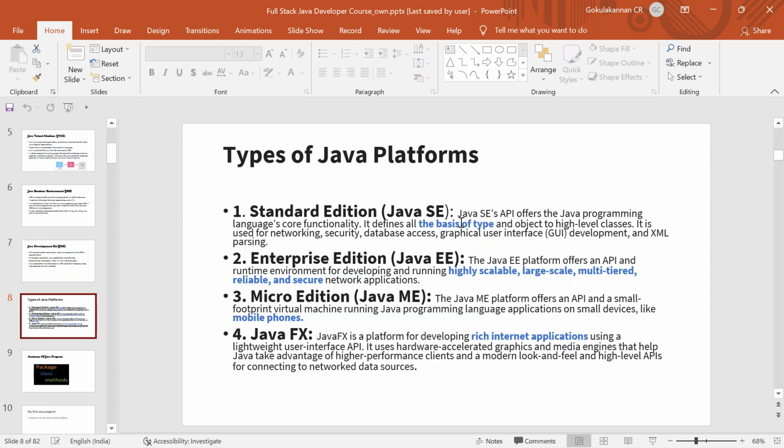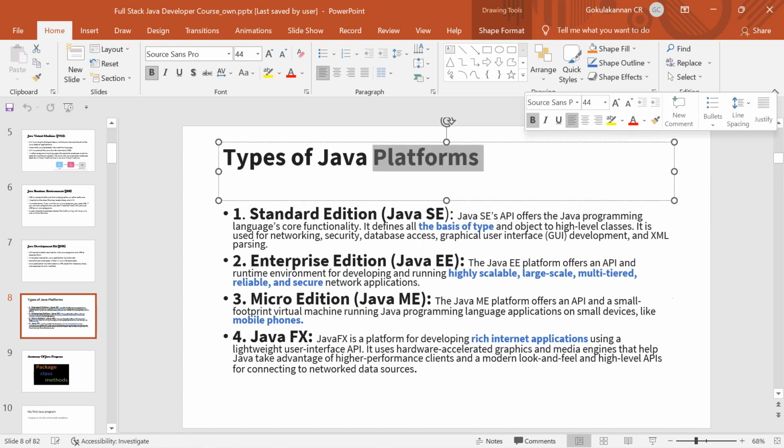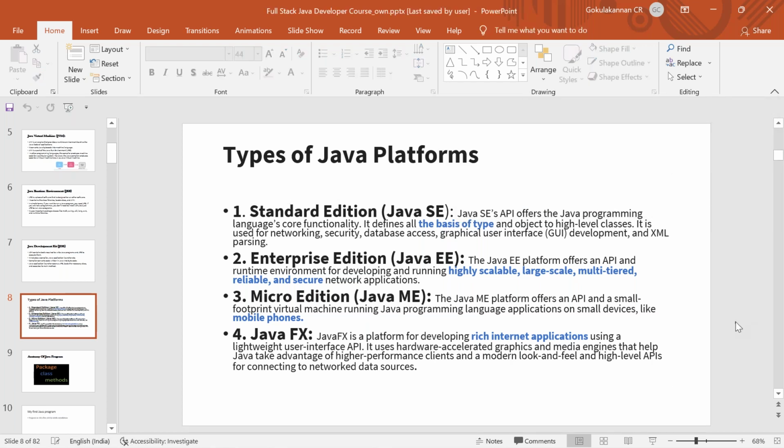Because I'll be using only one laptop, I'll be writing my code and I'll be showing you guys. That is the activity I'm going to do. I'm not going to do any extra things like connecting 2, 3 machines at a time and having some loads. That and all I'm not going to do. In my laptop, I'm going to open one editor. I'm going to type the code. I'll run and I'll show you the output. Similarly, you will be doing the same activity. For us, standard edition is fine.